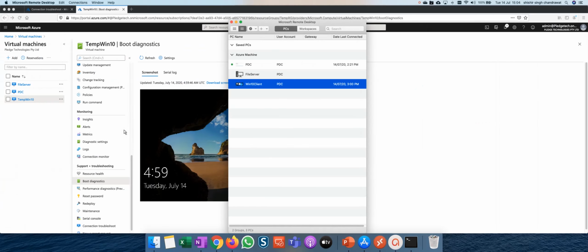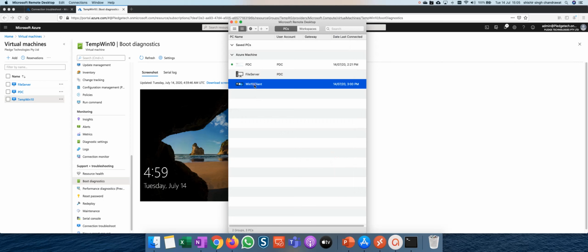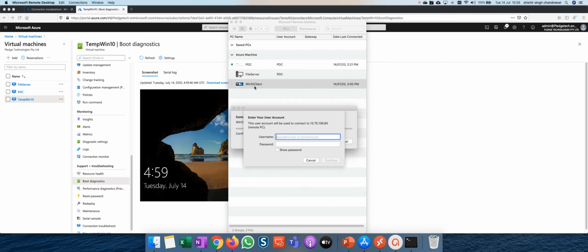Now let's go ahead and log into this PC with the user account of Ravi. And what I'm going to do is I'm just going to go ahead and put the user account here. I don't want to confuse you, so I'll say ask when required here. So I'm not going to save it before. Okay, it's asking me already. So rootdomain/Ravi, and then